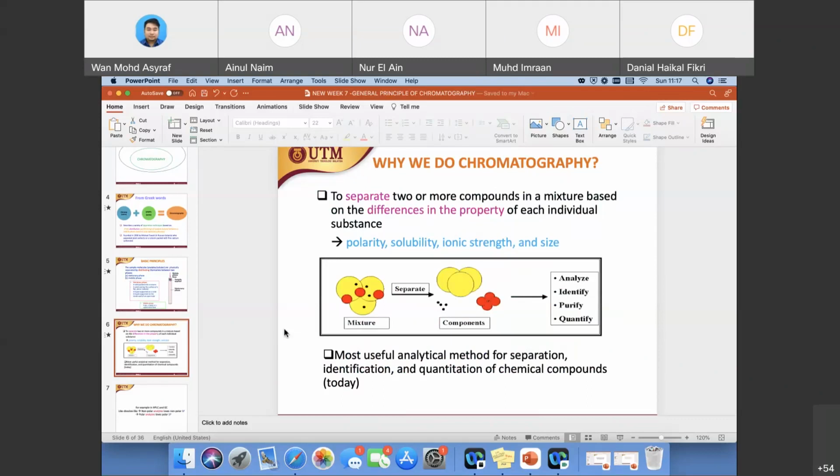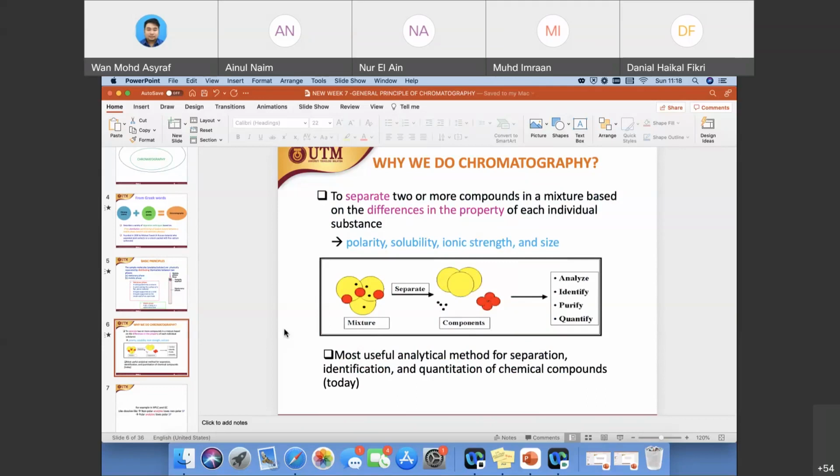Back to my example earlier, the two compounds inside your sample will separate because compound A is much bigger than compound B. So that is a difference in size. Compound A might be eluted much earlier than compound B, which is much smaller. Something like that. So differences in size, ionic strength, polarity, and solubility would create